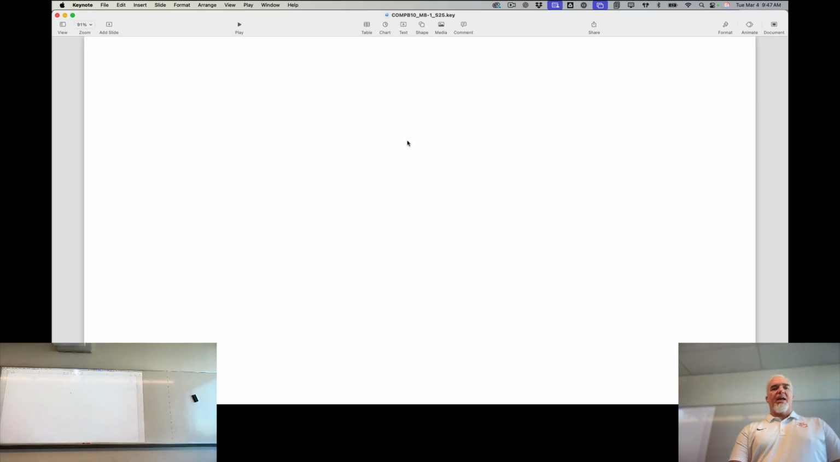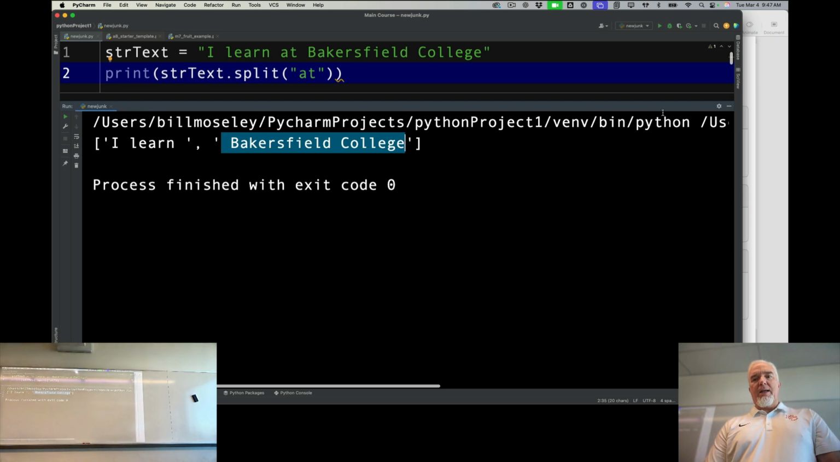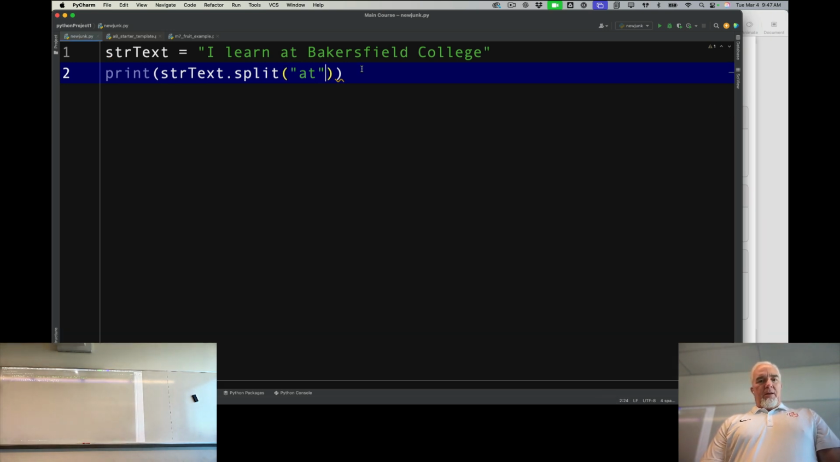Now string.split has a cousin called string.join. One of the confusing things about string.join is that it's a string method. It's not a list method. So what you sometimes might think about, if I'm continuing on with this, let's say I take that and I